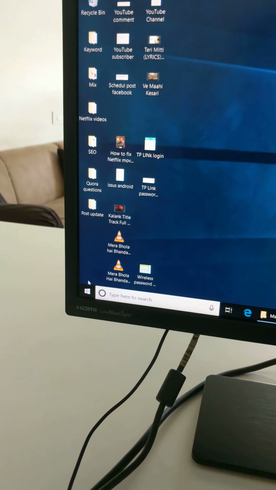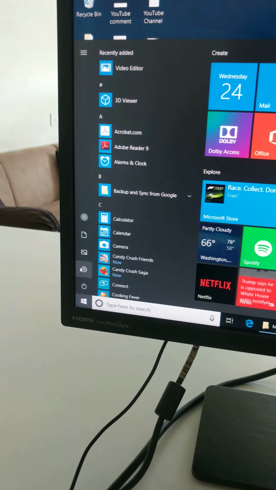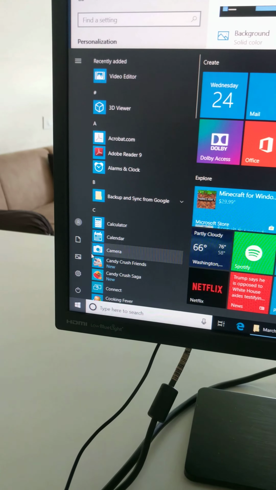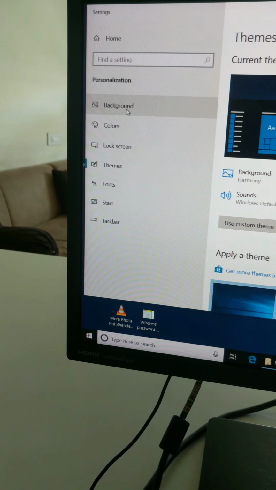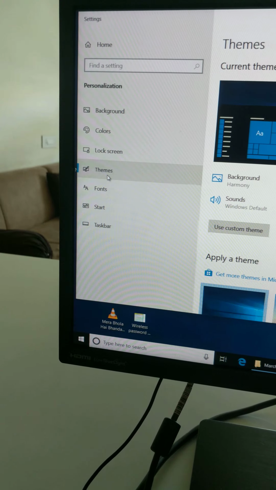Let's see other method. Tap on start, tap on settings. Here you can see personalization settings. Tap on again themes,